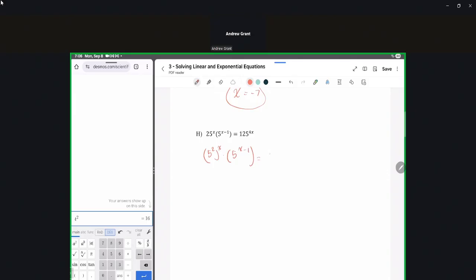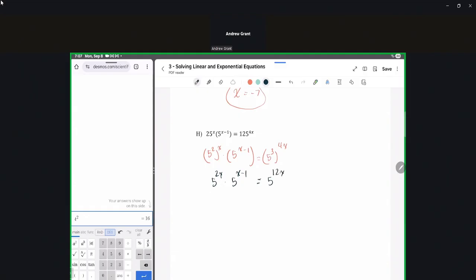And 125 is the same thing as 5 to the power of 3, all to the power of 4x. So at this point, let's go ahead and simplify down the exponents. 5 to the power of 2 to the power of x is 5 to the power of 2x. And we still have a 5 to the power of x minus 1, so we'll put that right beside it. And 5 to the power of 3 to the power of 4x will be the same thing as 5 to